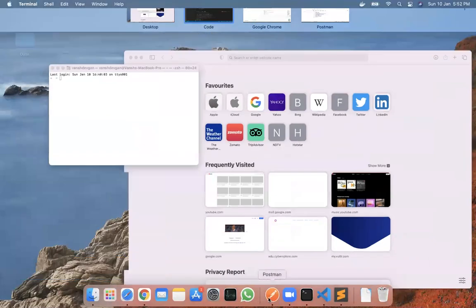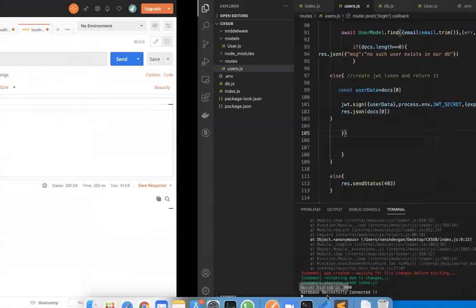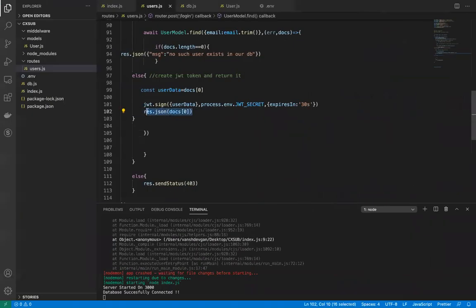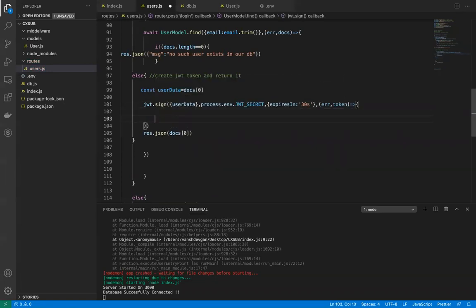If I go to Postman and send it, currently we are not returning it, so we cannot see it. So I need to return it with .json. We will use this function asynchronously. When we use this function asynchronously, we generally pass error and token.